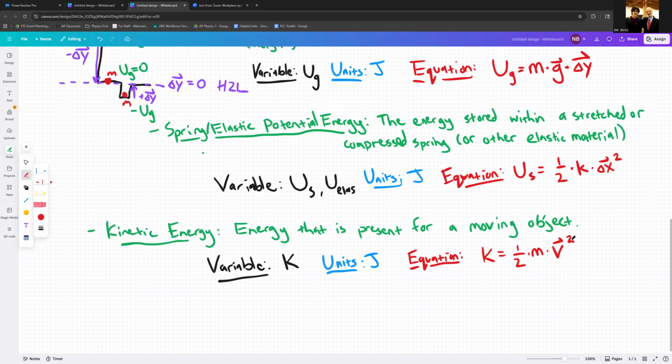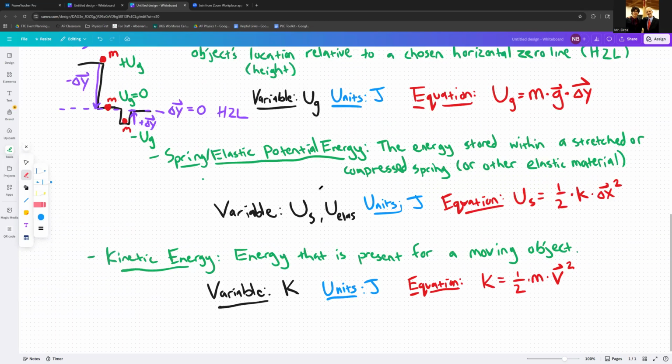All right, let's talk a little bit about units. I'm going to break down with all these equations what the units are. So we'll swap back to blue for units. So joules, I'll put in parentheses here. The units of joules go with energy, and they are equivalent to kilograms for mass times meters per second squared of acceleration times meters of displacement. That would be using the gravitational potential energy equation to say joules are equivalent to kilograms times meters per second squared times meters again. Over here, we've got joules equal to K is measured in newtons per meter